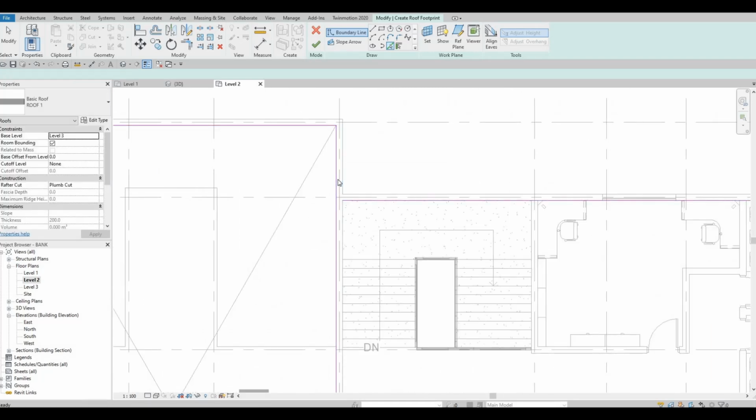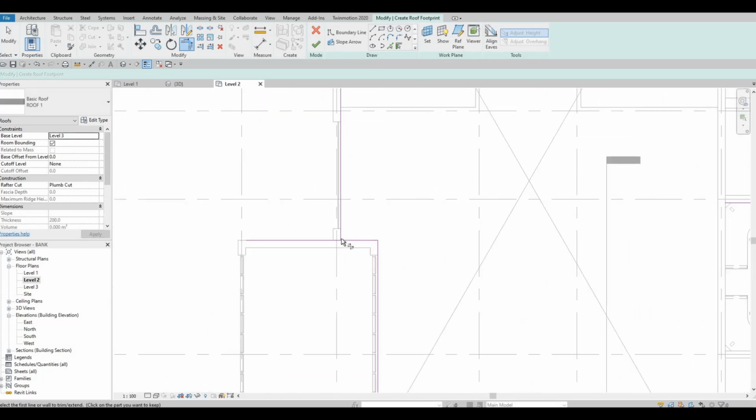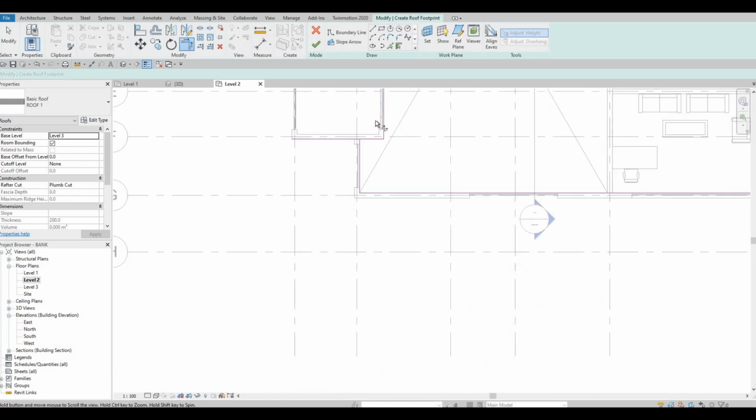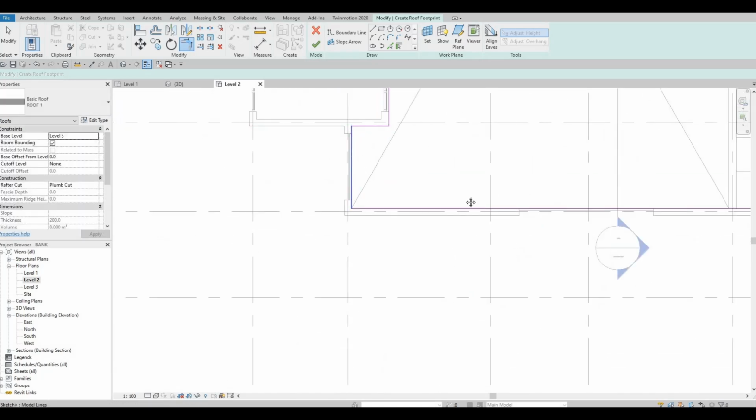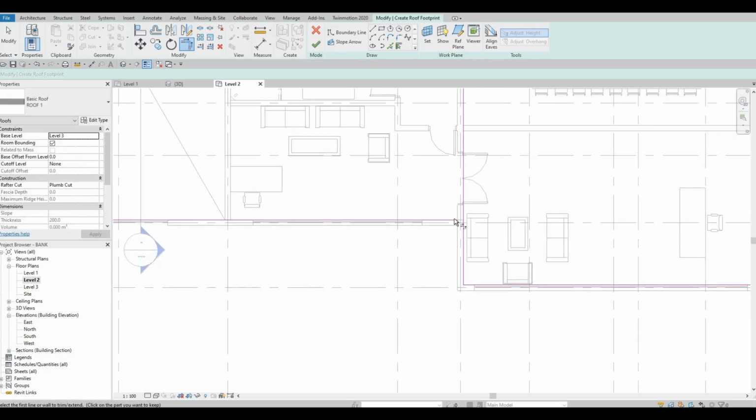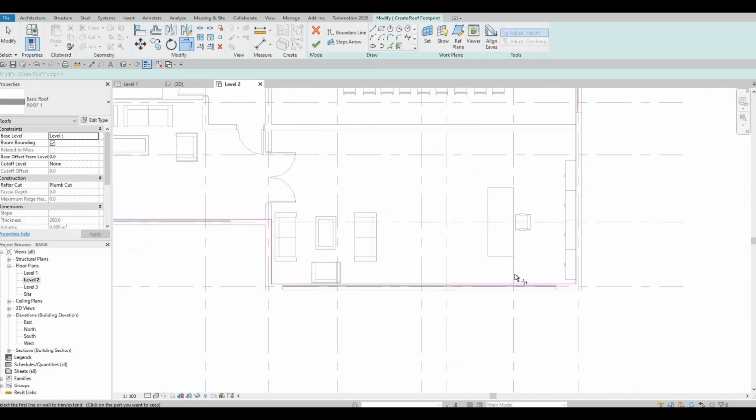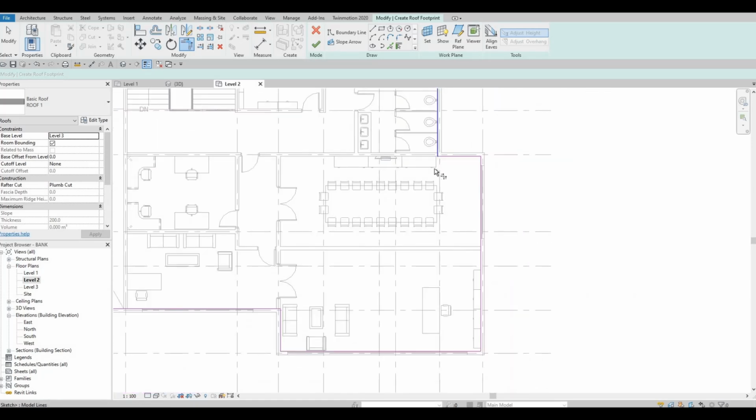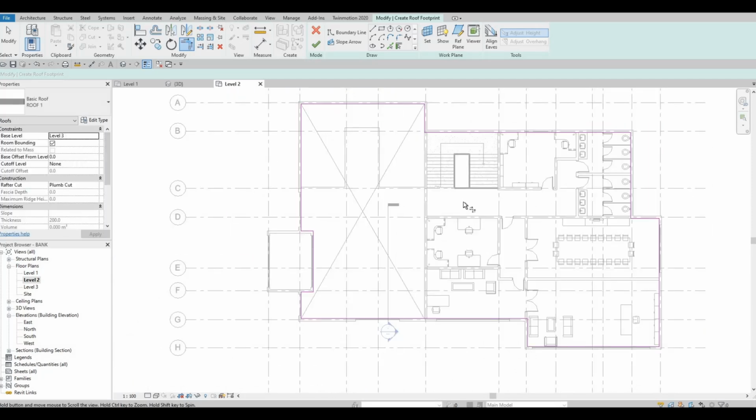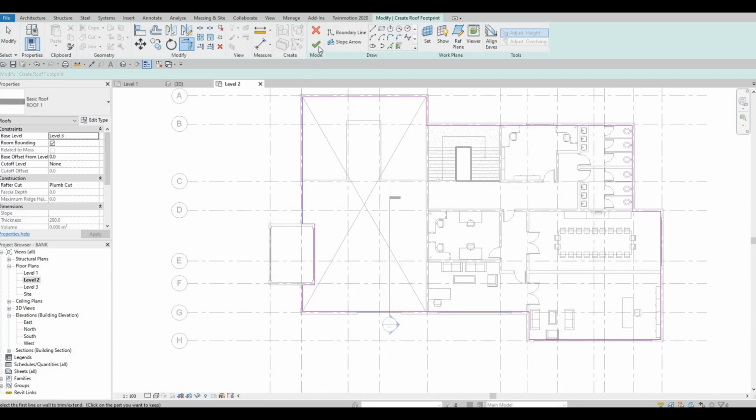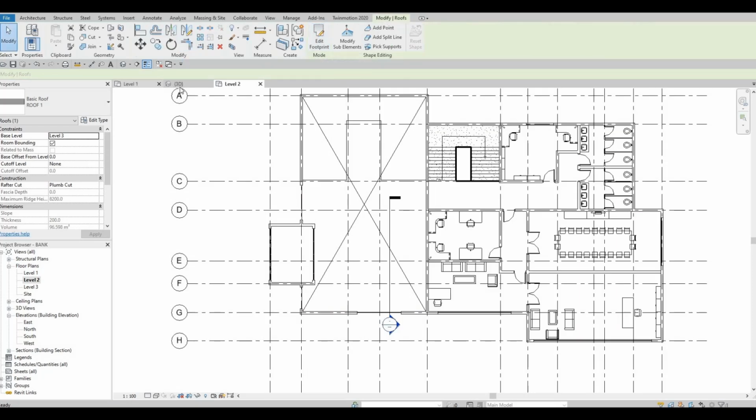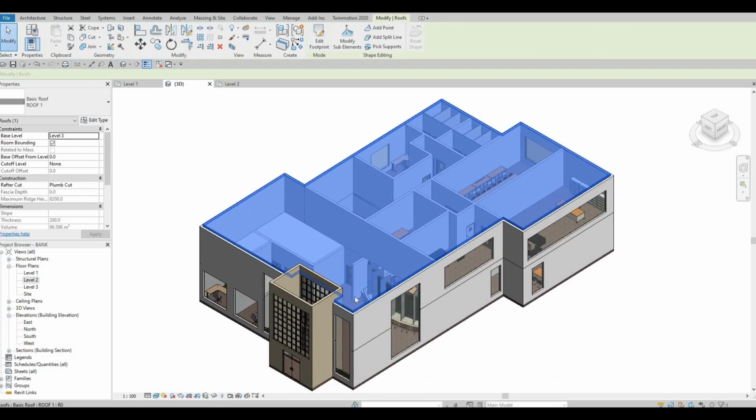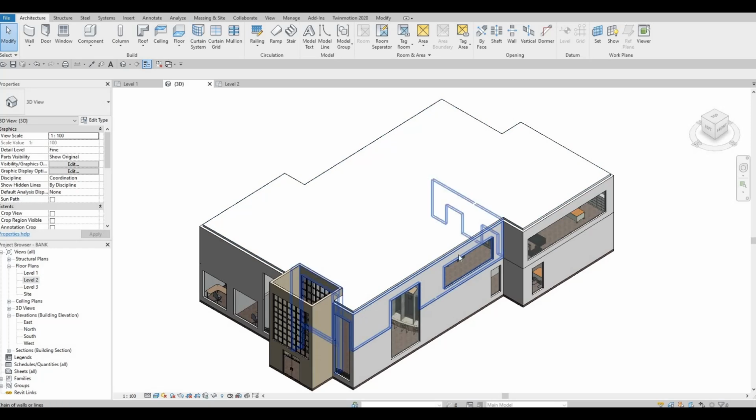And then once you finish, you just need to trim and extend every corner. Make sure that it's clean, it's trimmed, no gaps, and everything is connected. And then once you're done, you can just click on finish. Go to 3D, and then what I want you to do is select everything that is on the exterior side